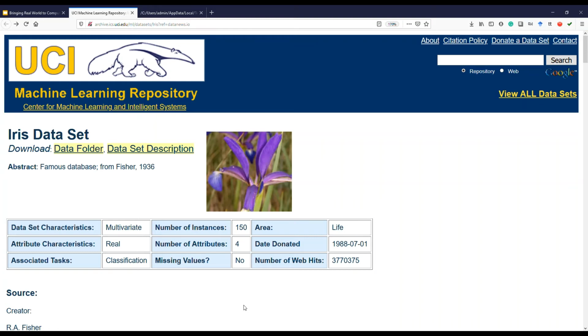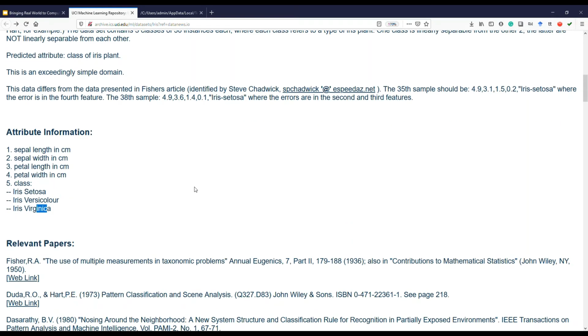Okay, so this is the website that we are referring to, and the description of the flower is given here. The attributes are here. So whatever I have taken into the slides is from here. For example, if I want to show you what is the meaning, every row of the data set actually looks like this one.